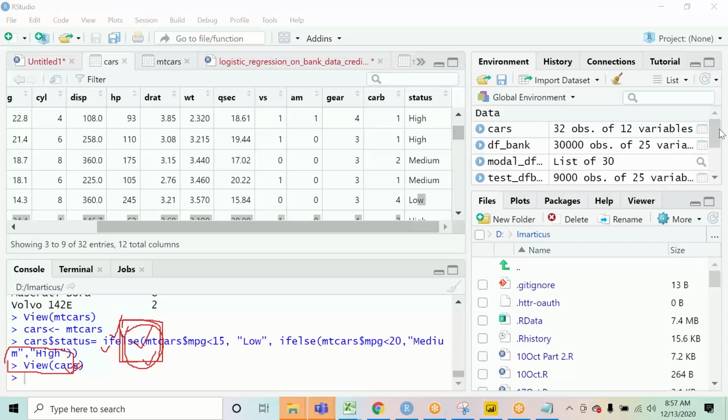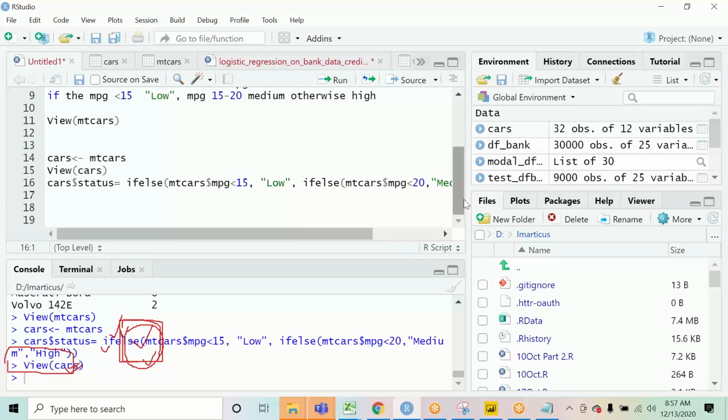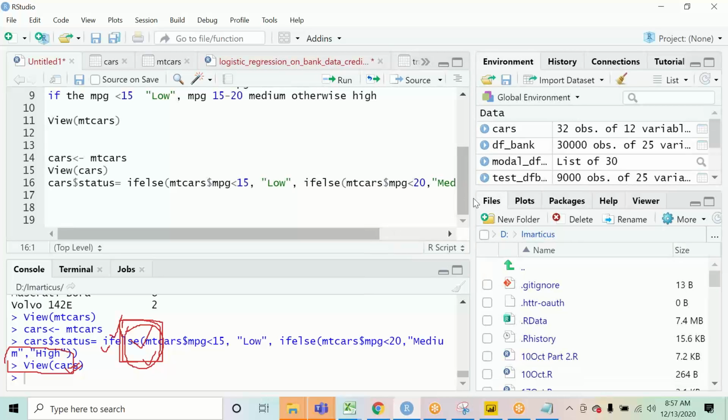So Bhuvneshwari, yep, you have created this MPG ratings function. Correct, correct. This function that you have shared is perfectly correct. This is exactly what I wanted. Now, what I have done is I have got this output.